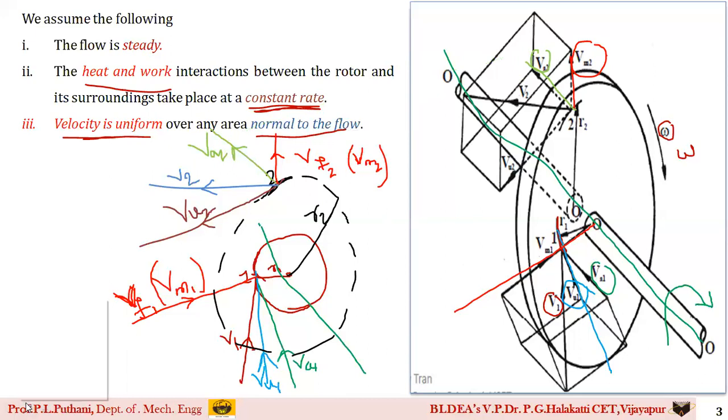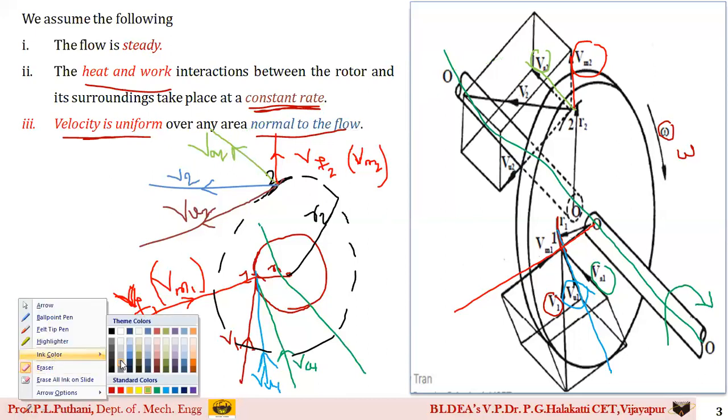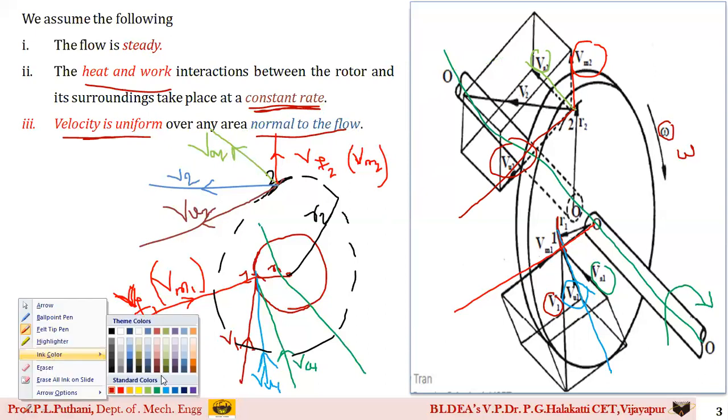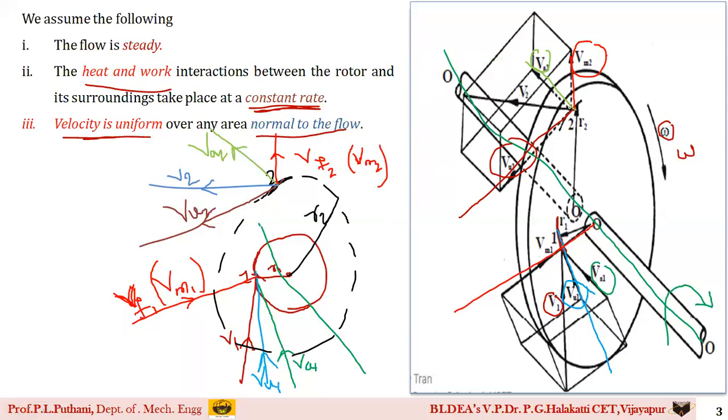Then the discussion of the tangential component. For the tangential component, this is the arc, and the tangent which I have drawn to this arc is my Vu2, or Vw2 in some textbooks, the tangential component. Then the absolute velocity along this curve is V2. This analysis, if you are having difficulty, you can draw in this format in the examination also and highlight the terms.